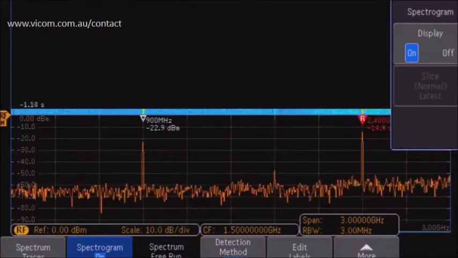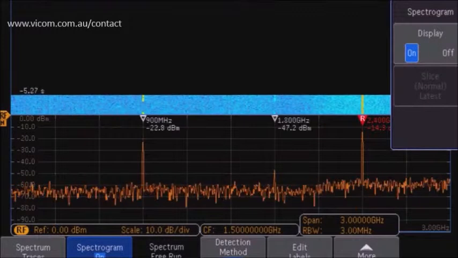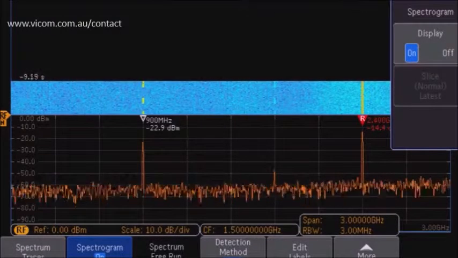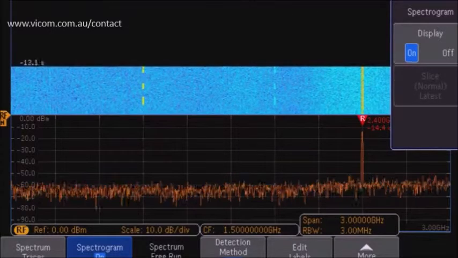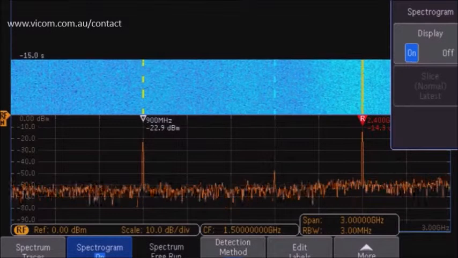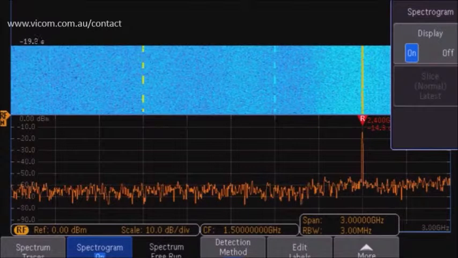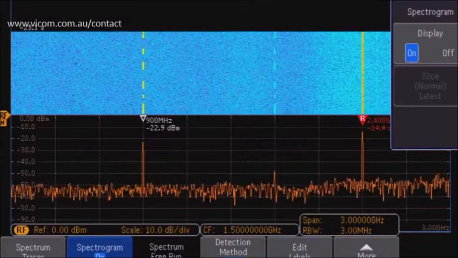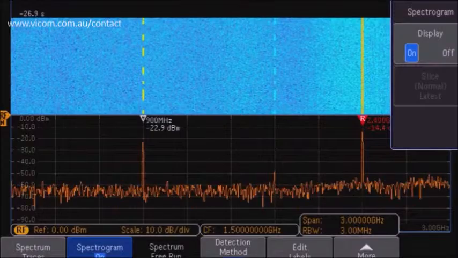Spectrogram is a useful tool for seeing how your spectrum changes over time. Spectrograms are created by taking each spectrum acquired and flipping it up on its edge, and then using color to indicate amplitude. Hotter colors such as yellow or red indicate high amplitude, while cooler colors such as green or blue indicate low amplitude. As we can see here, the 2.4 GHz signal is almost always broadcasting, but the 900 MHz